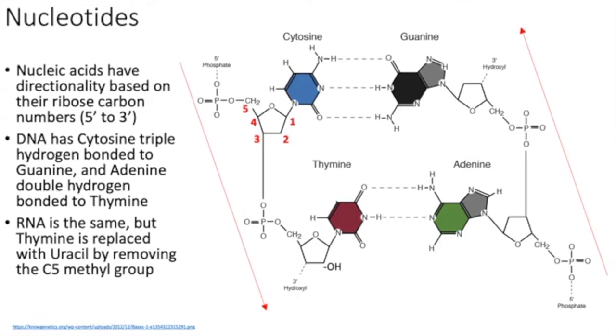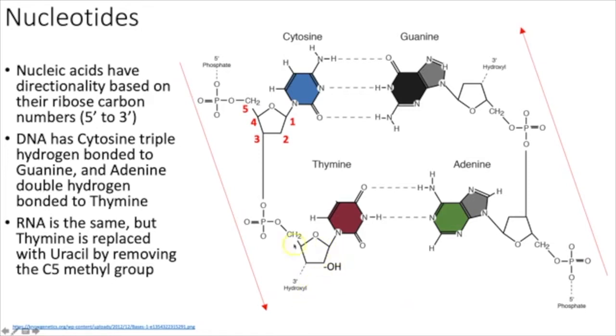So they have an extra oxygen on their number 2 carbon right here. So you can see I stuck this on here. So this would actually be a uracil, and it's an RNA because it has a nucleic acid. It's ribonucleic acid here. If I remove this oxygen, if I deoxy it, it becomes